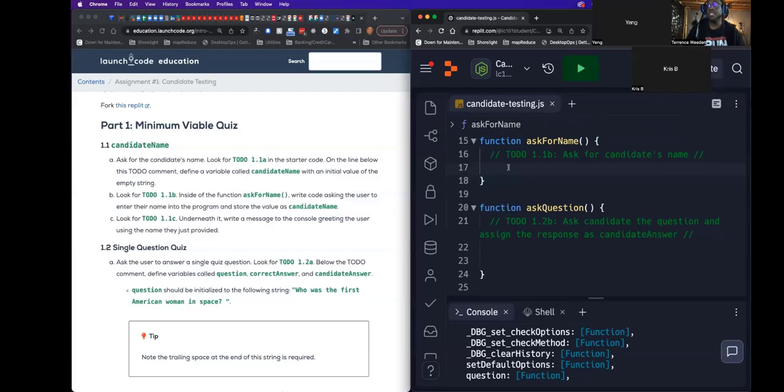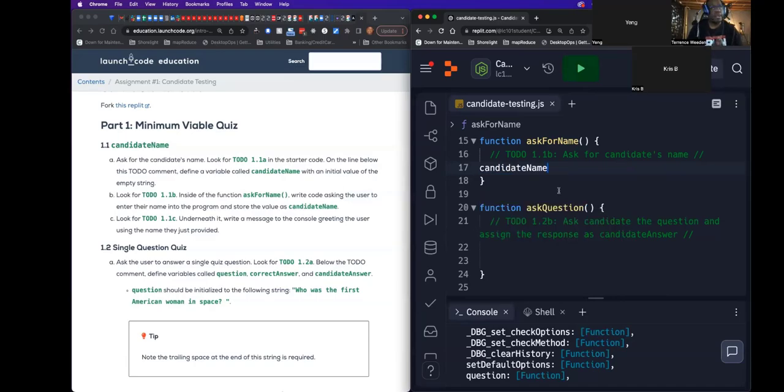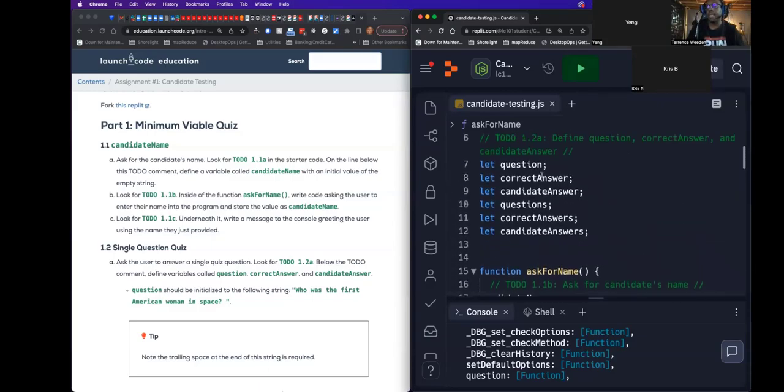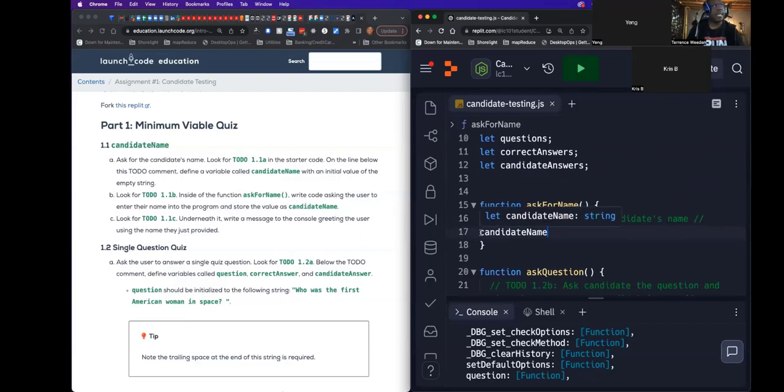And so we have this function called askForName. Inside of here, I want to write some code. Now, this is your task right here, B. You write code asking the user to enter the name into the program and store the value into candidateName. Well, we've already told you some instructions here. I know I want to put it in candidateName, right? So that's my variable. It's already been declared up here on line 5, so I don't have to put let in front of it